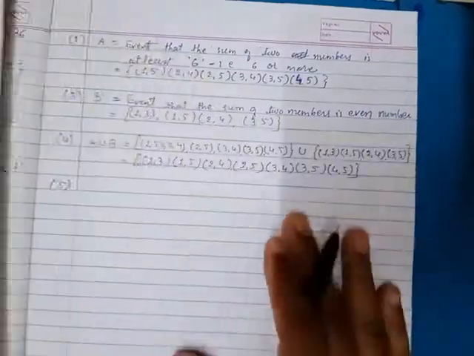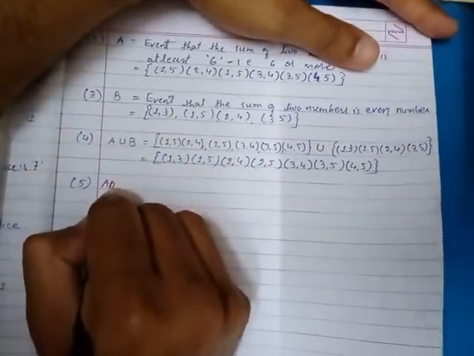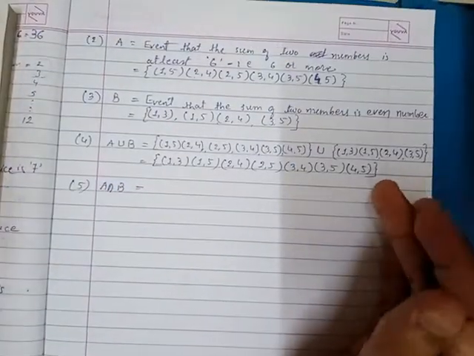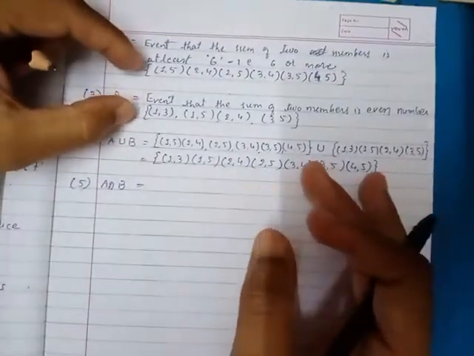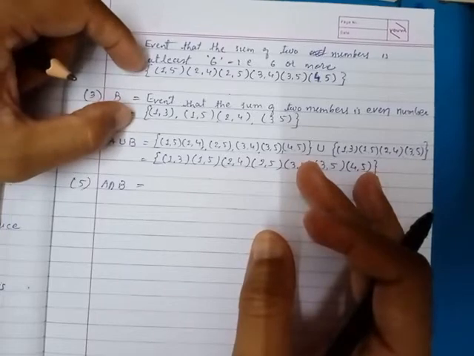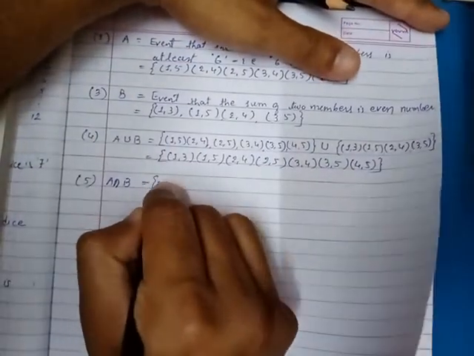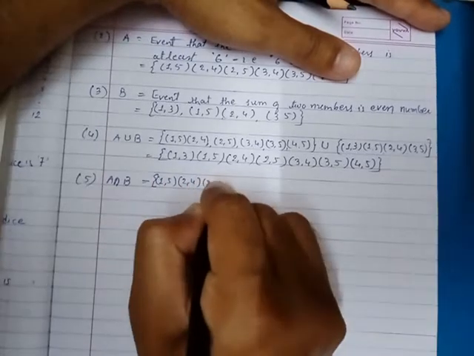Okay, now fifth question, A intersection B. A intersection B means what? Both the events A and B occur together, simultaneous occurrence of events A and B, that is called A intersection B. In our language, what we can say, out of the outcomes or sample space of the two events, the common outcomes available, that only you have to write. So I will write first of all the sample space of both the events with the intersection sign. As in the first sum, I am showing you all the